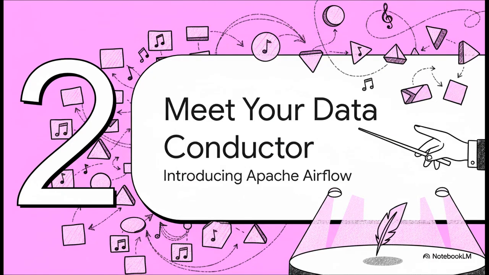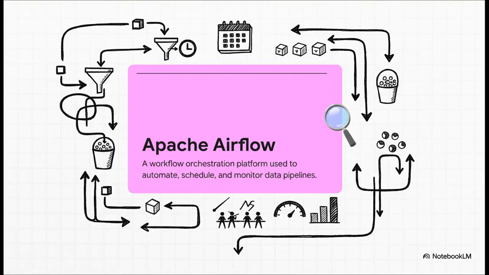So, it's time to meet our conductor. This is exactly where Apache Airflow steps onto the stage. It's the platform that was designed from the ground up to bring order, to bring precise timing, and to bring harmony to that chaotic data orchestra we were just talking about. Okay, so here's the official definition. The key phrase here is workflow orchestration platform, and that's super important. Airflow isn't just a simple scheduler. It's a complete system for designing your entire data process as code, then letting it run and watching over it to make sure everything goes smoothly.